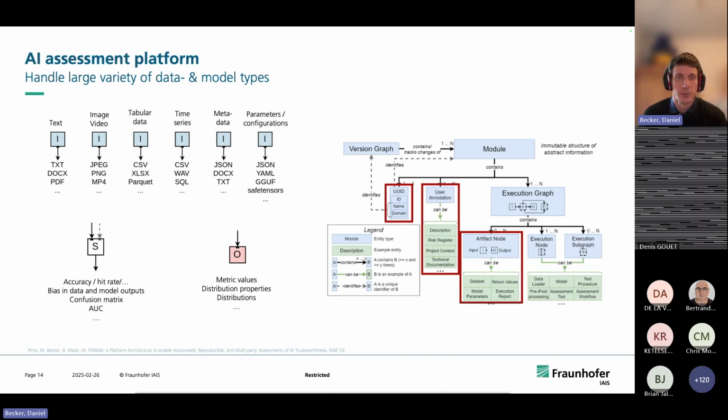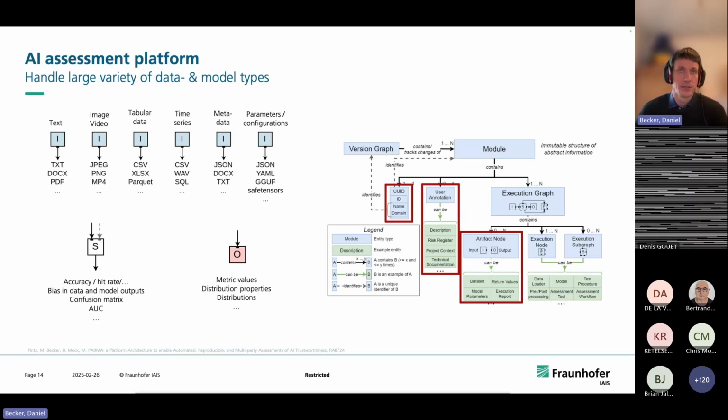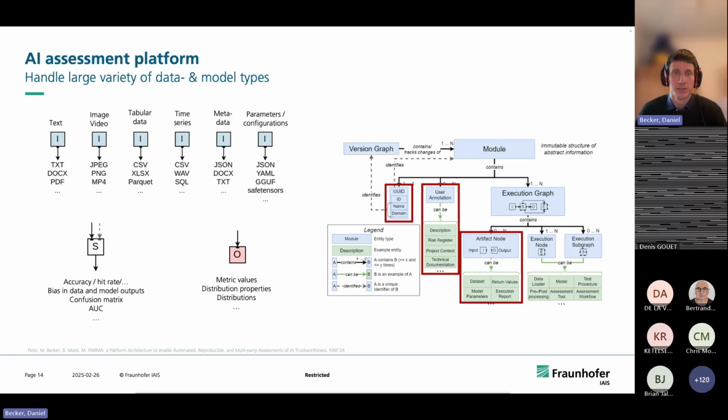And just now on the left-hand side, you see that. But also, as a consequence of our requirement that things are technology agnostic, the architecture should be able to deal with any kinds of input formats that these artifacts can come in. Because if you have text, that could already be lots of different kinds of documents. If you have images, tabular data, and so on, there's a huge combination of possibilities that we should be able to account for.